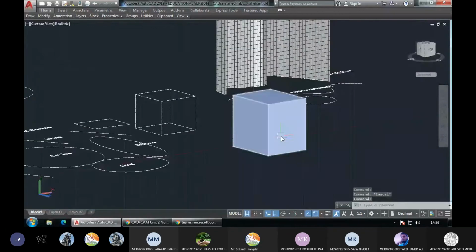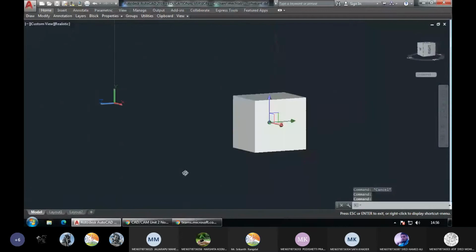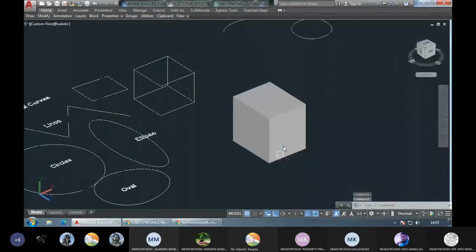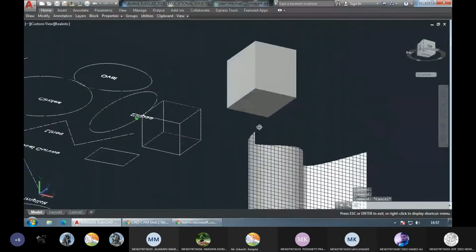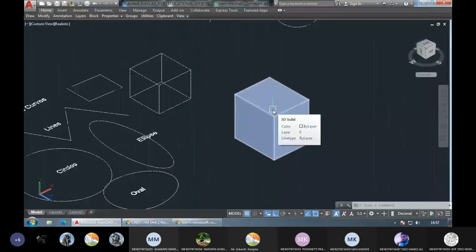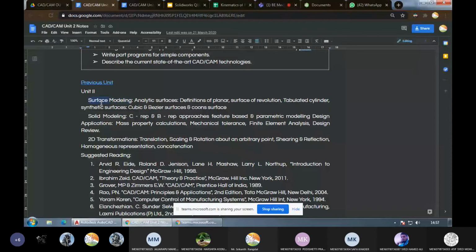How many faces are there for this? 4 faces on the lateral side, 1 face at the top, 1 face at the bottom. So total of 6 faces are there in this. Whereas this one doesn't have any face, this one has the faces. So that is what differentiates a surface entity from a wireframe entity.